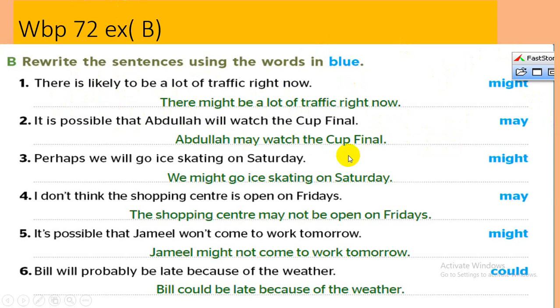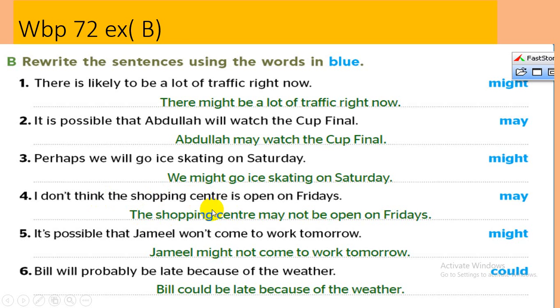Abdullah may watch the cup final. Excellent. Three, we might go ice skating on Saturday. So I drop perhaps here. I don't think the shopping center is open on Fridays. I don't think this one gives us the meaning that it's possible. So I'm going to drop I don't think so, but the shopping center, which is the subject again,